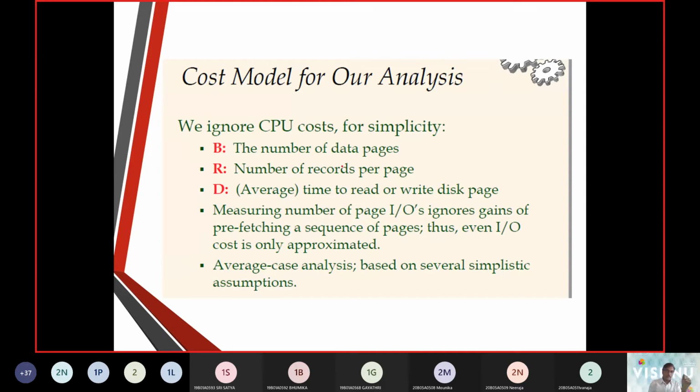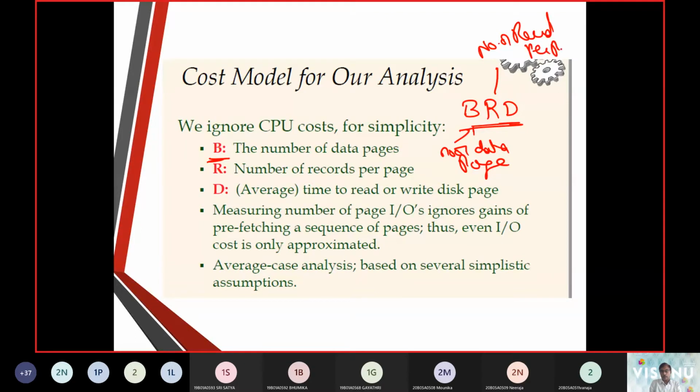Cost is measured in three items, B, R, D. B gives the number of data pages, R gives the number of records per page, and D is the average time to make either a read operation or a write operation on a page.